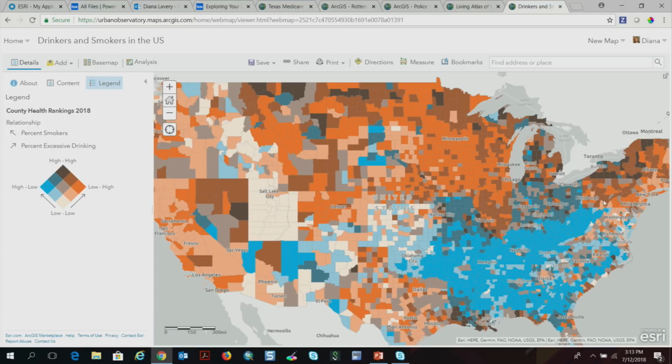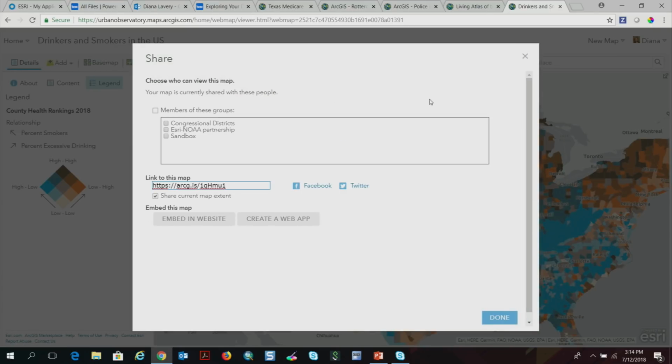So this is just one of my all-time favorite maps. It was added very recently when this relationship style came out, and it's available in the Living Atlas for you to use. If you're signed in, you can even share it just like you can with any web map in the Living Atlas. You can tweet it, you can embed it in your own website and your organization's materials, or if you're writing a news article online, these web maps are designed to be embedded